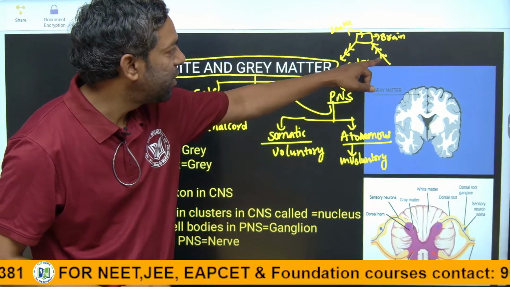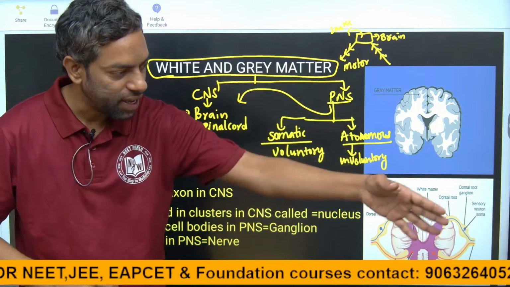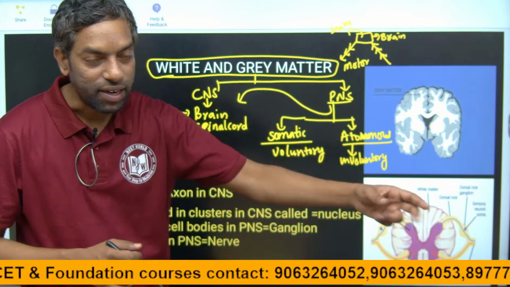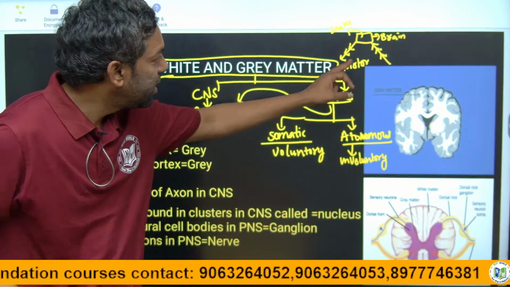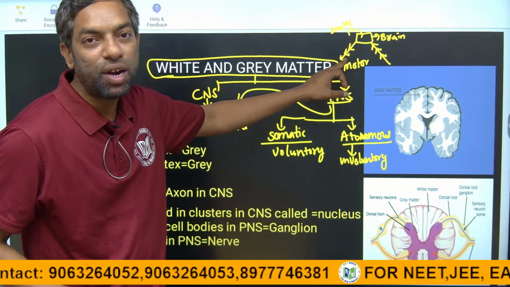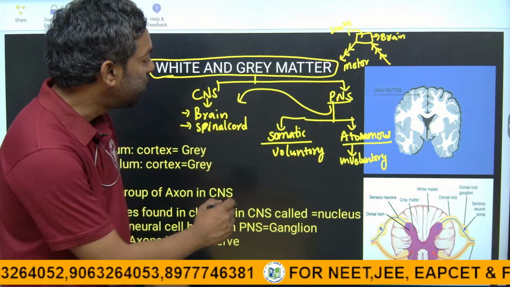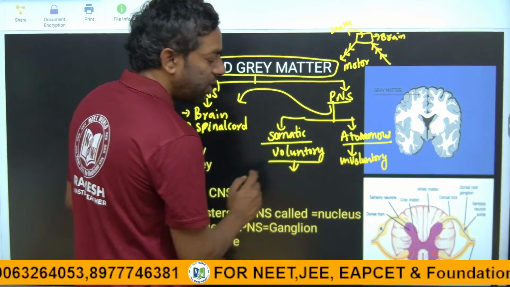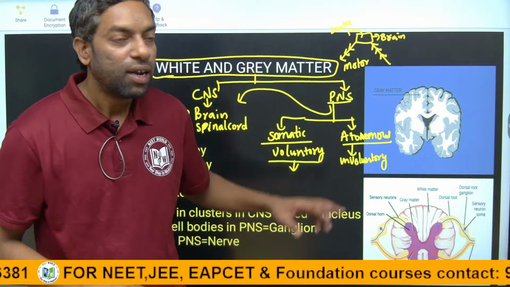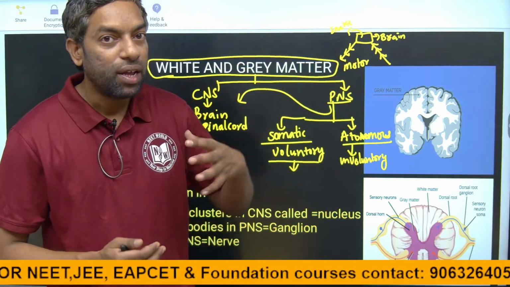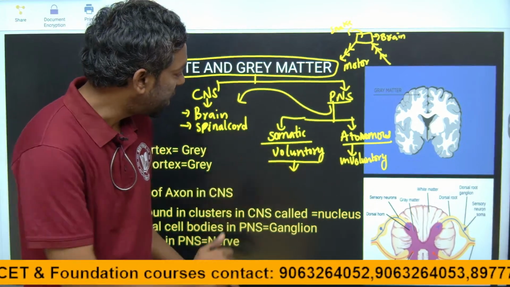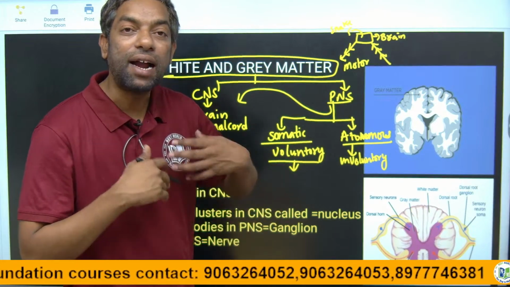If sensory neurons come towards the brain, like a snake coming towards us, our vision senses go towards the brain. The brain analyzes that it is a snake and that we have to go far away. The signal goes to the organ, to the motor nervous system, which activates the somatic nervous system, the voluntary nervous system. Our movement takes place under the control of the brain. So the snake is coming, we go far away, and that is under the control of the somatic nervous system. Our heartbeat increases,